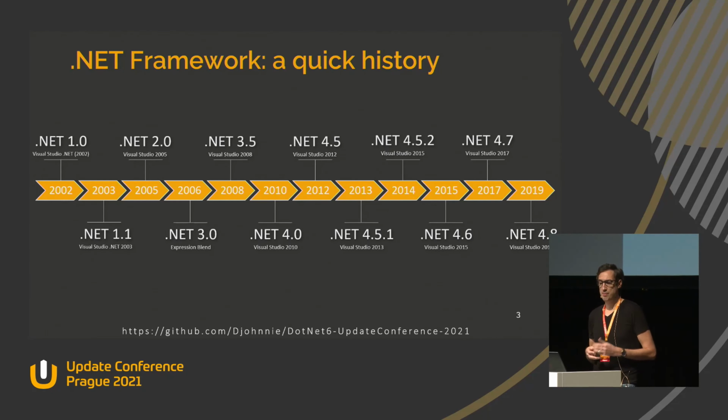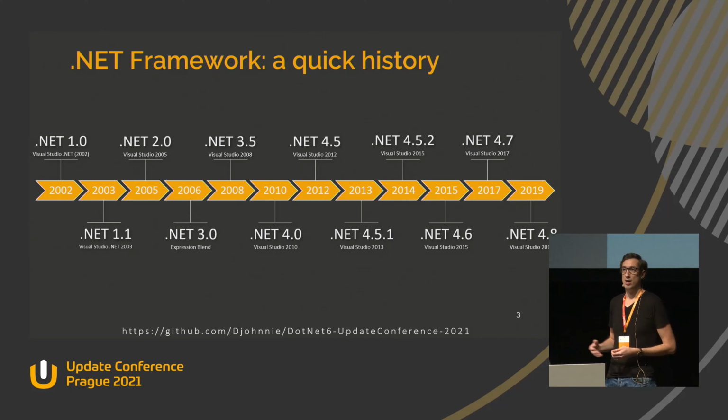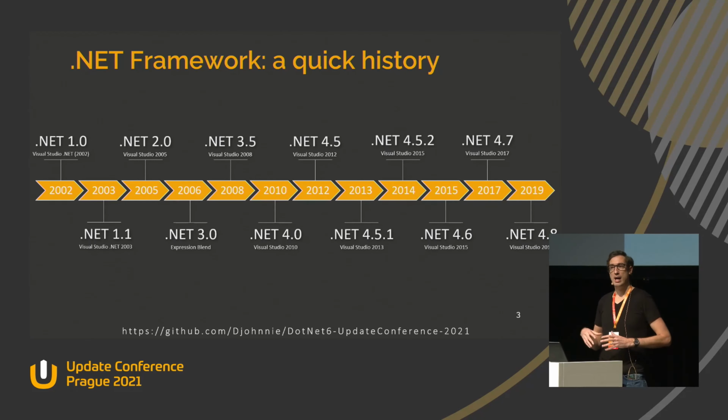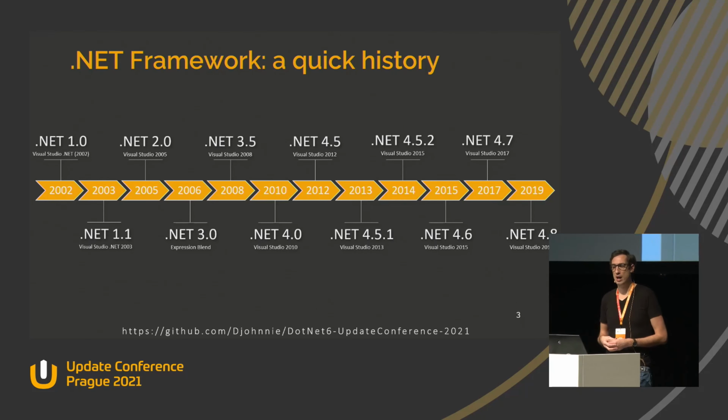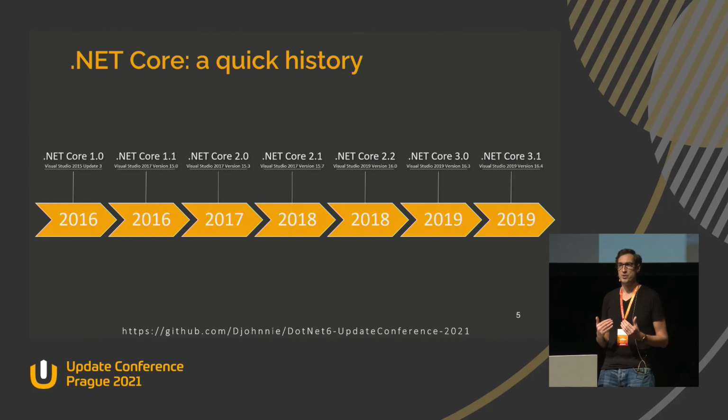Why is this happening? Well, basically Microsoft started with the .NET framework in 2002, and it runs up until today and in the future. That's a pretty long time for a platform to be evolving. And the .NET framework evolved to be a very big, vast framework, so many things inside, and it also grew in installation size, so it was becoming a little bit cumbersome. And that's why Microsoft decided in 2016 to start from scratch. They really wanted to build a new platform that was more performant, open sourced, but also runs on as many platforms as possible. And that's when they started with .NET Core.